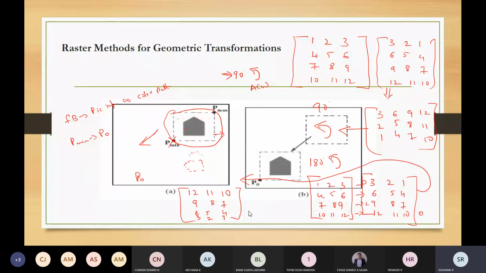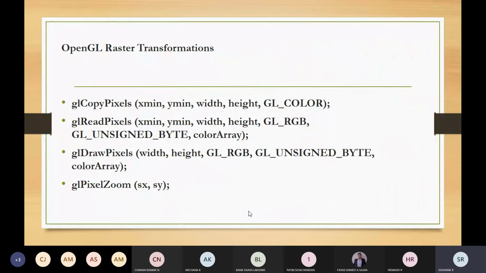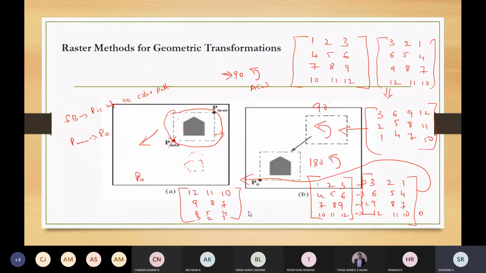But if it is not exactly 90 degrees or exactly 180 degrees, the first thing is that each destination pixel area will be mapped to the rotated array and the amount of overlap will be calculated.